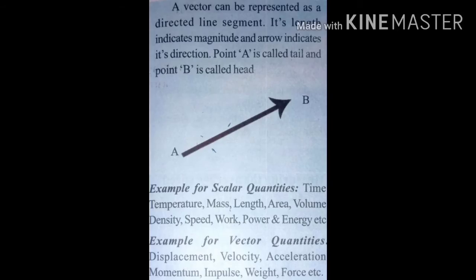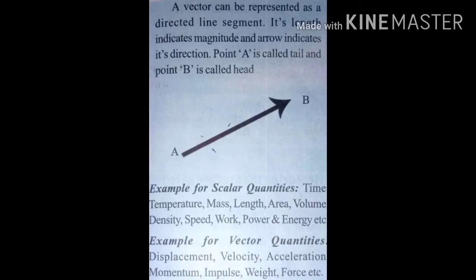Next, what is vector and what is scalar? To describe a physical situation, some quantities are specified with magnitude as well as direction. Such a physical quantity is called a vector. The physical quantity which does not require any direction for its specification is called scalar. So, distance is a scalar and displacement is a vector. Displacement is specified with magnitude as well as direction, but distance is a scalar.